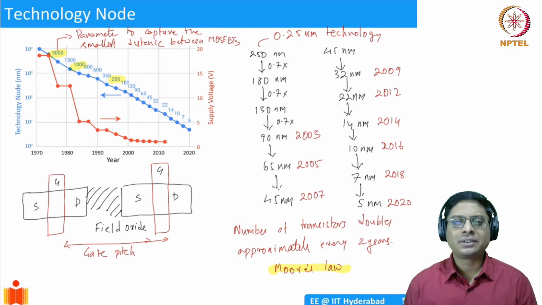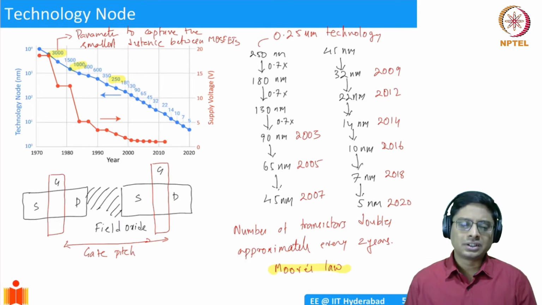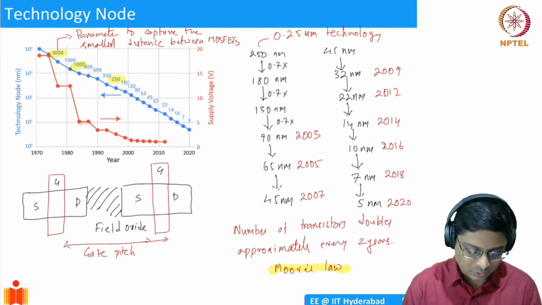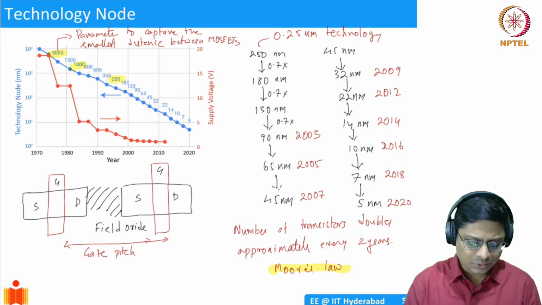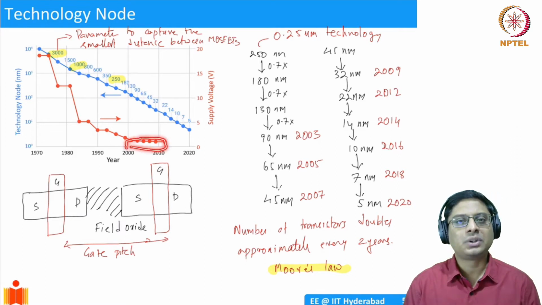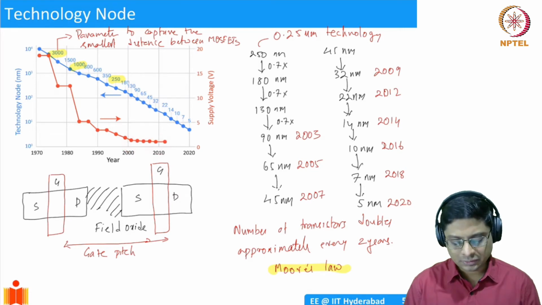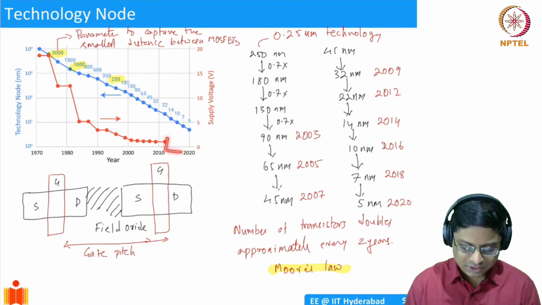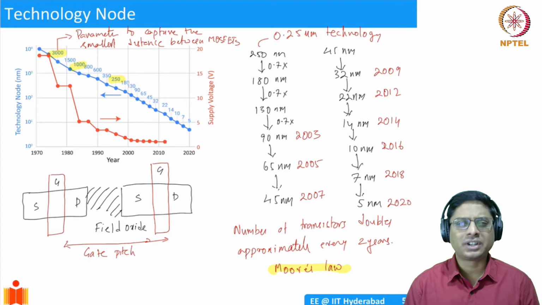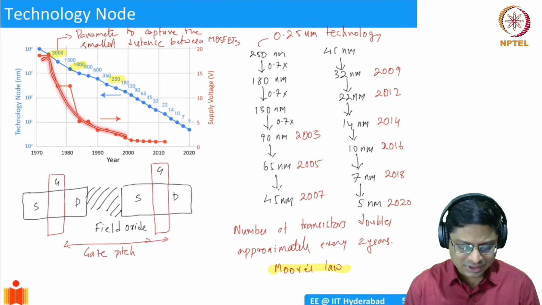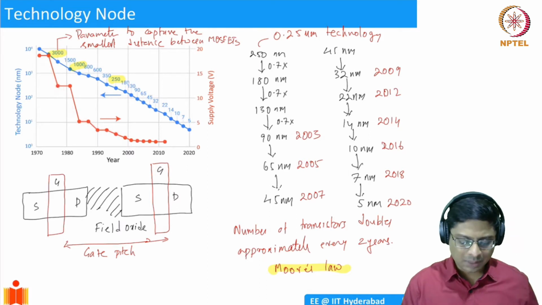So this gave rise to what is known as constant field scaling, or rather constant voltage scaling here. So for two generations or two nodes, the voltages were constant and then came down. This is only a qualitative picture. What you'll also notice is that over the last 10 years, there has not been much change in the voltage, because the voltage was stuck at around 1 to 1.1 volts or so. I have not really given you the voltages in the latest generations, because this data is not that easy to parse. From various sources, I have put together these numbers. So this is qualitatively the picture of what happened over the last 40 years.